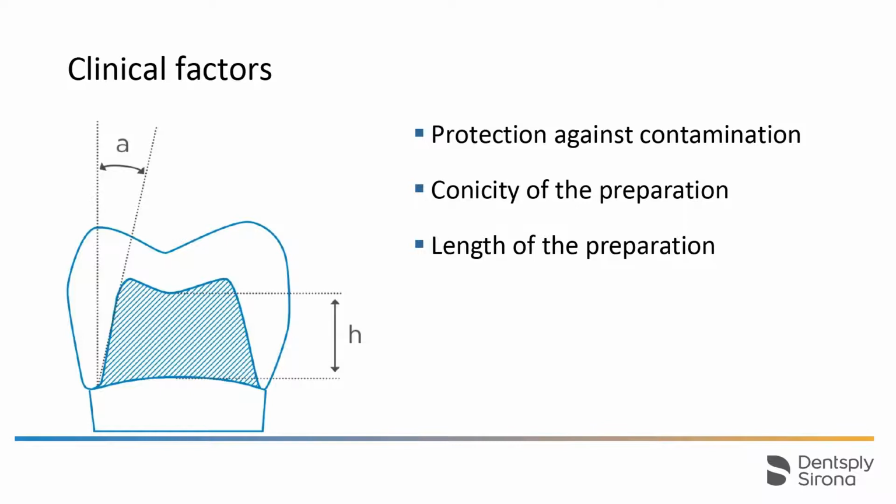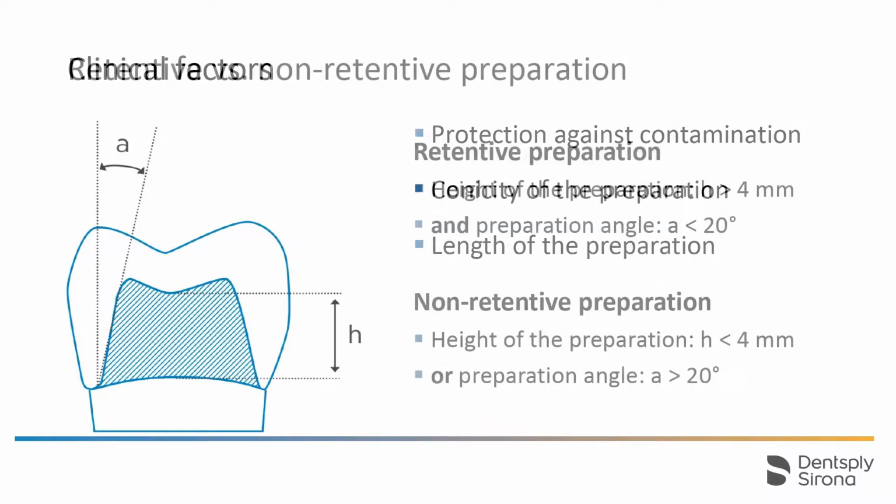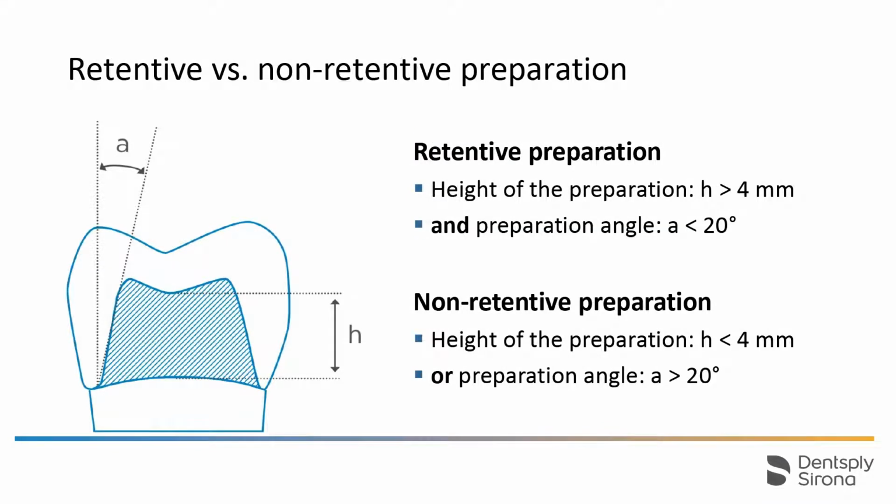Two aspects are decisive in this case. Firstly, the conicity of the preparation, meaning the angle formed by the prepared surfaces of the tooth to the tooth axis, and secondly, the retention surface available, which essentially depends on the length of the tooth crown. A prepared tooth with a minimum residual crown height of 4 mm and conicity of no greater than 20 degrees